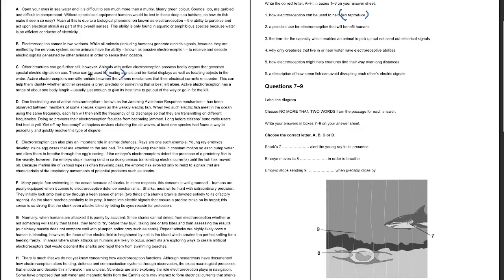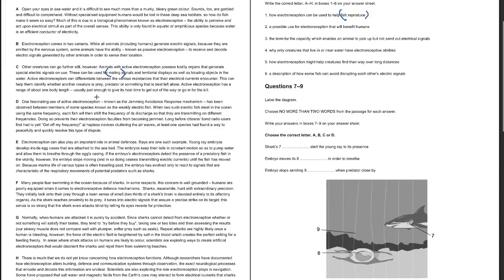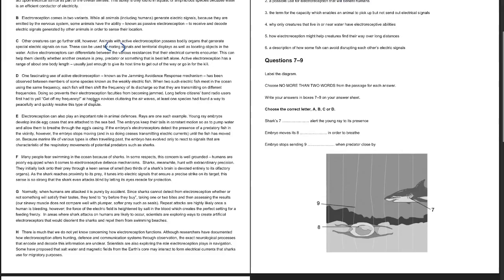Okay, so here you can see it talks about mating signals and territorial displays. The one thing that is about reproduction would be this, mating. But let's look at the others and see whether or not they have anything related to reproduction. So D,